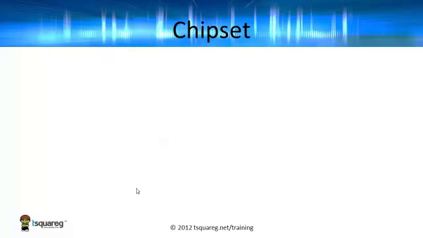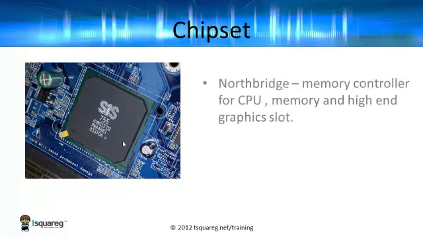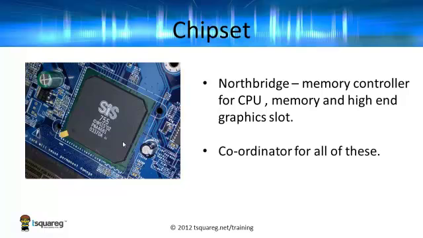Now, we were talking about integrated circuits, and this next photograph is of just that. A very important integrated circuit that forms what's referred to as the chipset. This particular chip is called the North Bridge, and its job is to control the CPU, the memory, and the high-end graphics slot. It's a general coordinator, so it ensures that those devices talk to each other in the way